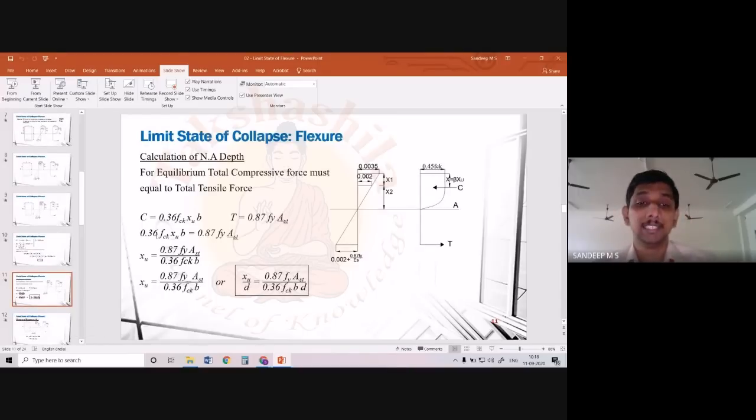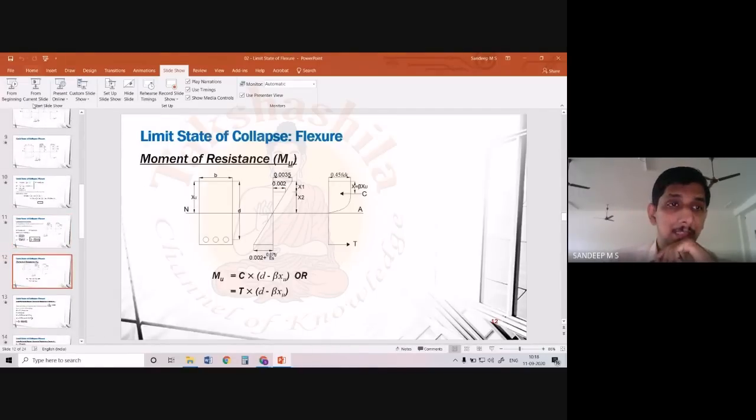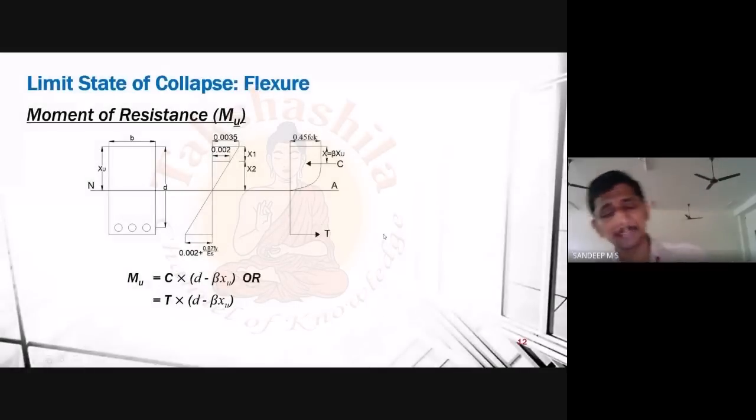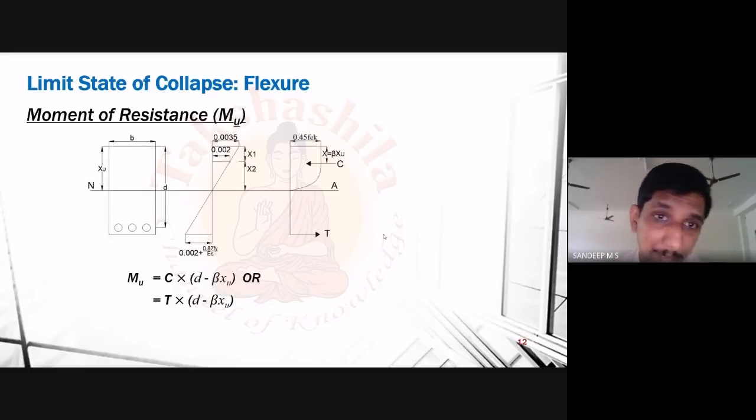After that, we have derived an expression for calculation of the neutral axis. Then we have also discussed moment of resistance, and we have seen that moment of resistance means it is the actual capacity of a section to resist the external moment. And now our main thing is